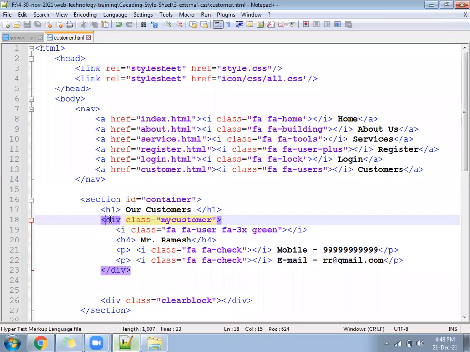Both paragraphs should be left aligned, and icon and H4 should be center aligned.